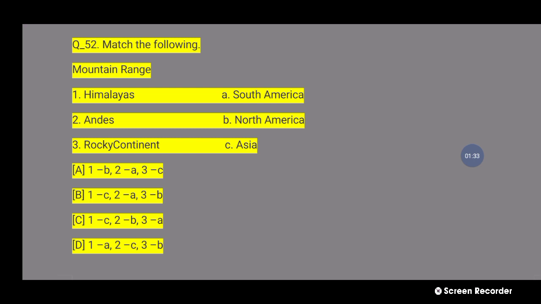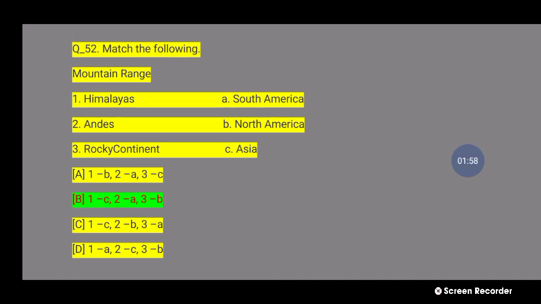52 number question কি বলছে, match the following mountain range. Number 1 Himalayas, number 2 Andes, number 3 Rocky; continent Asia, South America, North America. এই চারটি অপশনের মধ্যে কোনটি হবে? নাম্বার বি, মাউন্টেন রেঞ্জের নাম্বার 1 হিমালয়স সেটি হবে হচ্ছে তোমার এশিয়া, আর আন্দিজ সেটি হবে সাউথ আমেরিকা, আর রকি কন্টিনেন্ট হবে সেটা হচ্ছে নর্থ আমেরিকা।